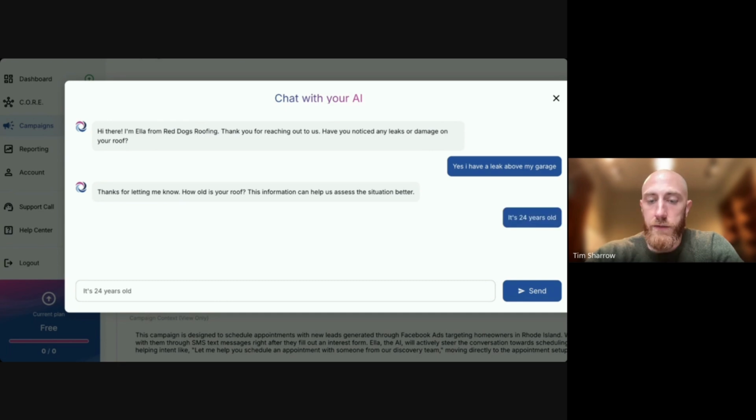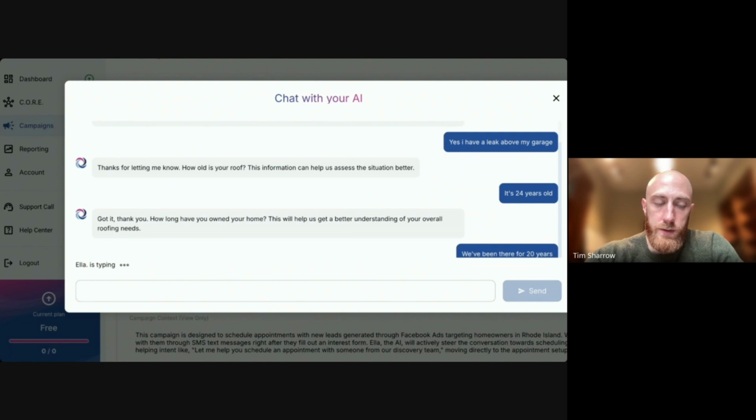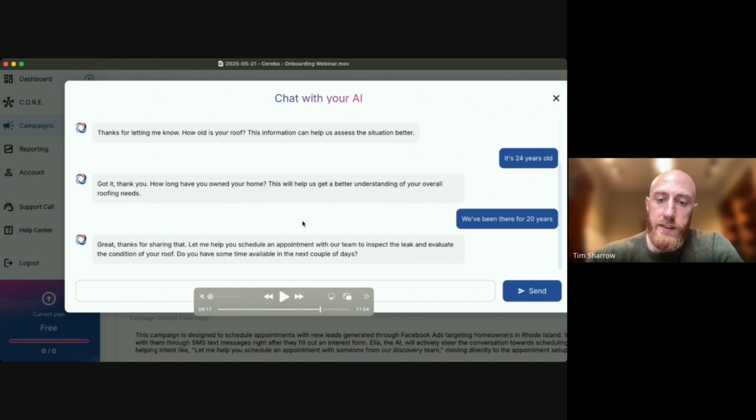So we'll see the questions are obviously going to be the same because it's going to be consistent and do what it's supposed to do. 24 years old. Been here for 20 years. Good. So now you can see it took that edit that we made. Let me help you schedule an appointment with our team to inspect the leak and evaluate the condition of your roof, right? So this is how simple it is to really refine it